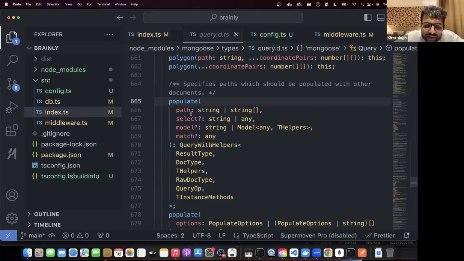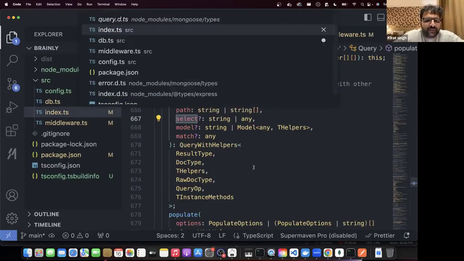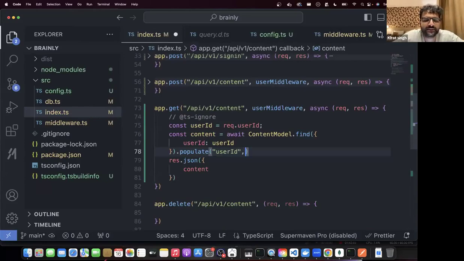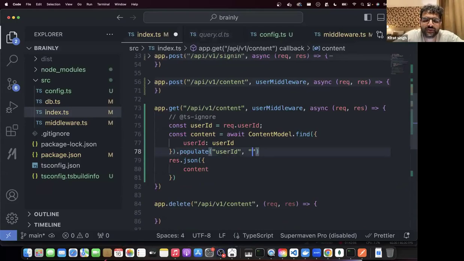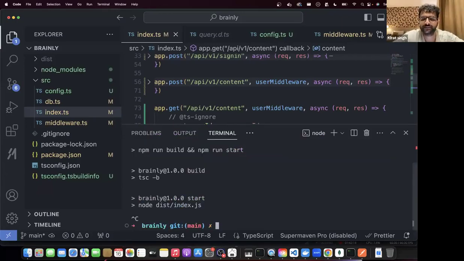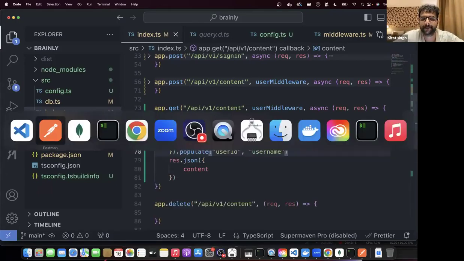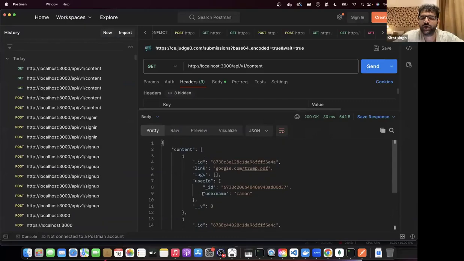If you look at the types of this guy, there you go. The second argument here is select. कि इसमें से क्या क्या select करना है? I can say I just want to select the user. I can write this also, username and password, or I can write just the username. और कुछ select नहीं करना भाई. Let me restart. Let me send the request, and I only see the username now. अब सही है. So that is how you use references.